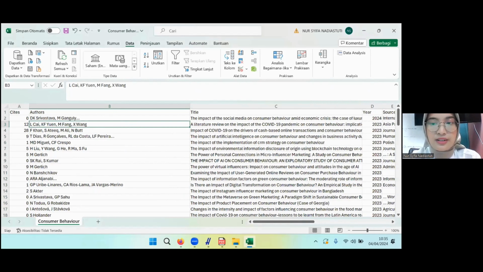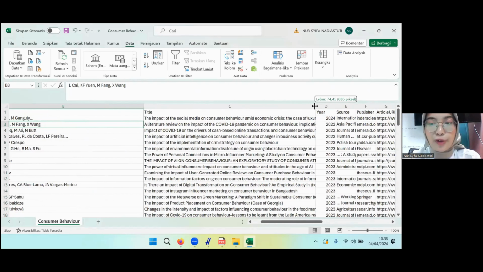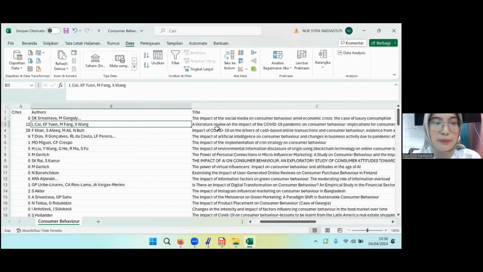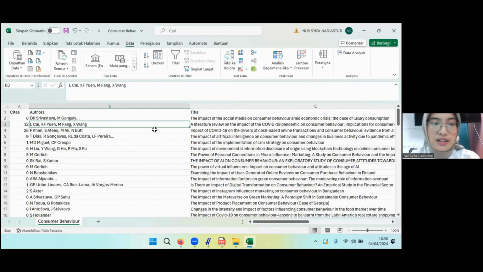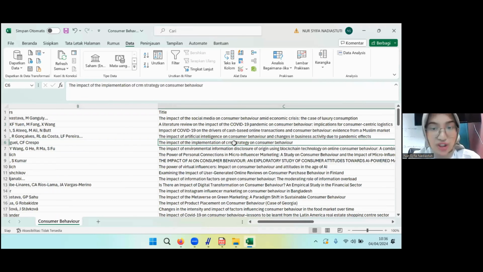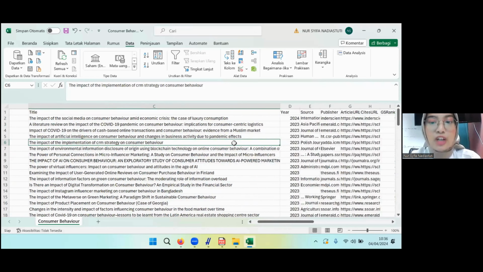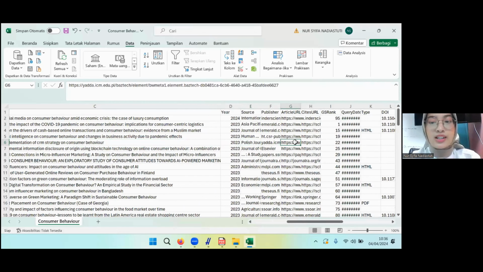For example, you can see the full title of the paper. For example, from Miguel, the impact of the implementation of CRM strategy on consumer behavior. And you can also search for the source if you want to see the full paper.